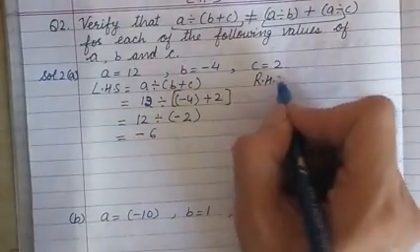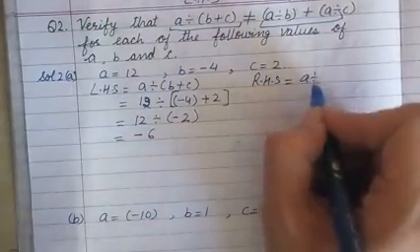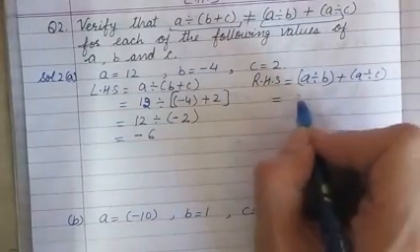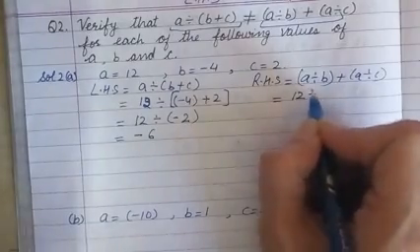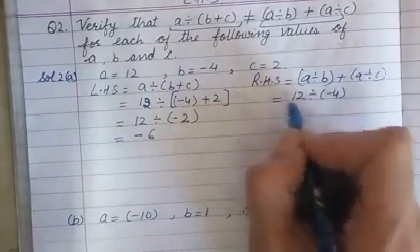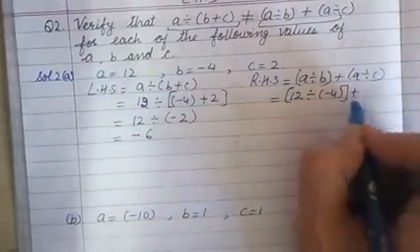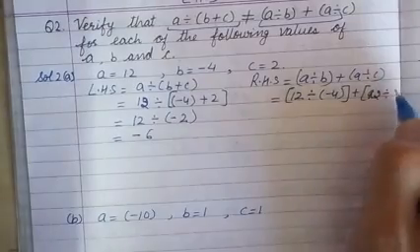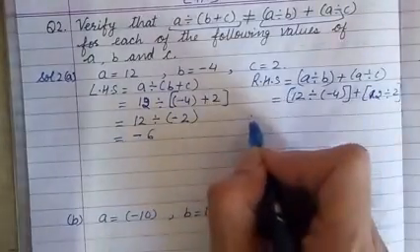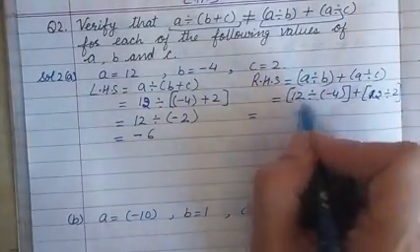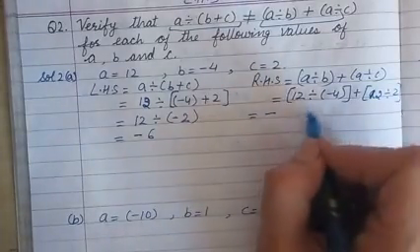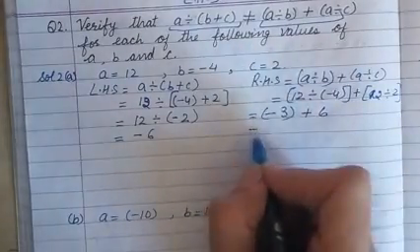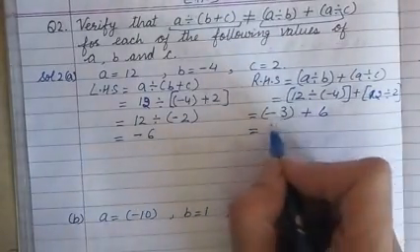Now right hand side, let us calculate. It is a divided by b plus a divided by c. Value substitution, 12 divided by -4. Negative value when we substitute, we keep them in bracket. So here a is 12 divided by 2. Now here it is different signs. Quotient will be negative. 12 divided by 4 is 3. And here 12 divided by 2 is 6. And positive 6 minus 3 is 3.